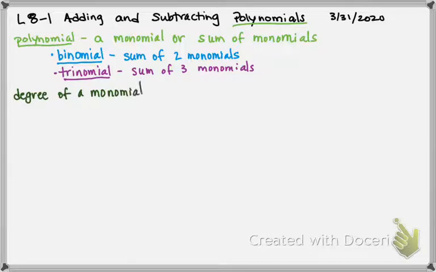So let's start with what I mean by the degree of a monomial. So remember, monomial just means one term. So there could be multiplication happening to it, could be divided by a number, but there's only variables in the numerator, right? So it's the sum